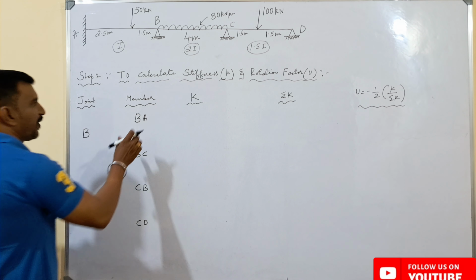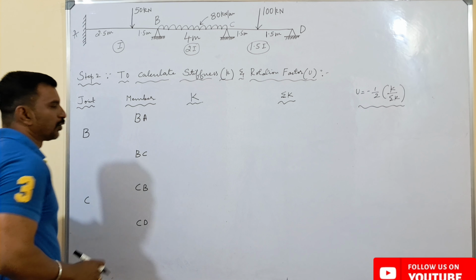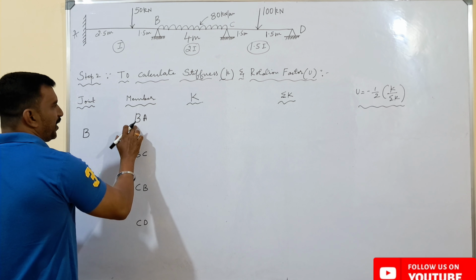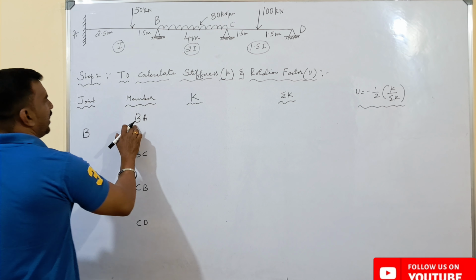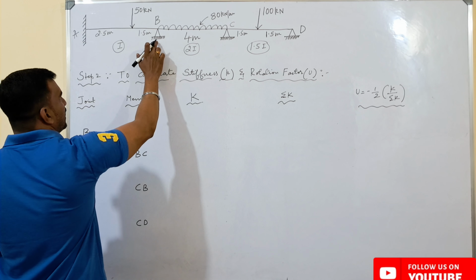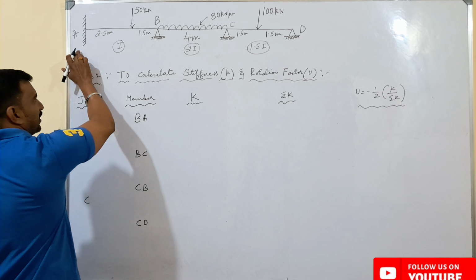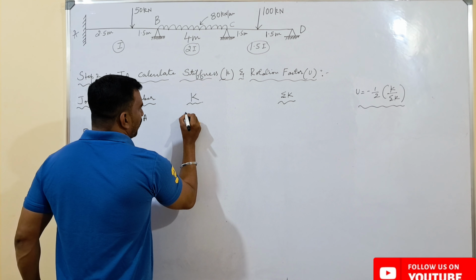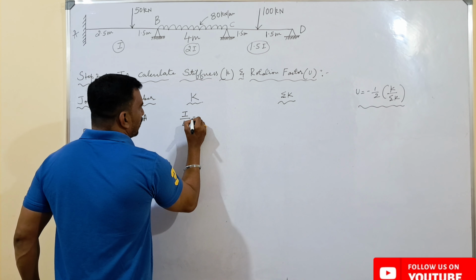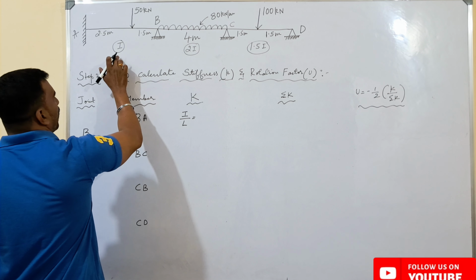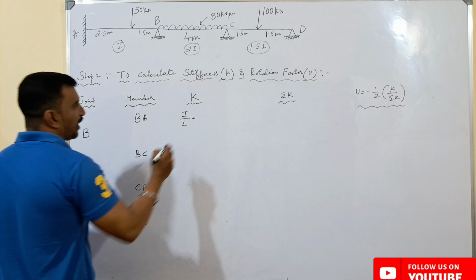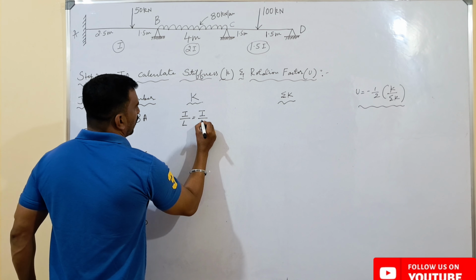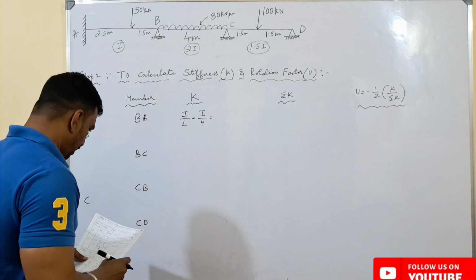For these members, we have to consider the relative stiffness, so we have to see the far end conditions. If I consider member BA, B is the near end and A is the far end. Since the far end is fixed, we know that for a fixed end the stiffness will be equal to I by L. The moment of inertia for span BA is I, so it will be equal to I by the total span, 4 meters,